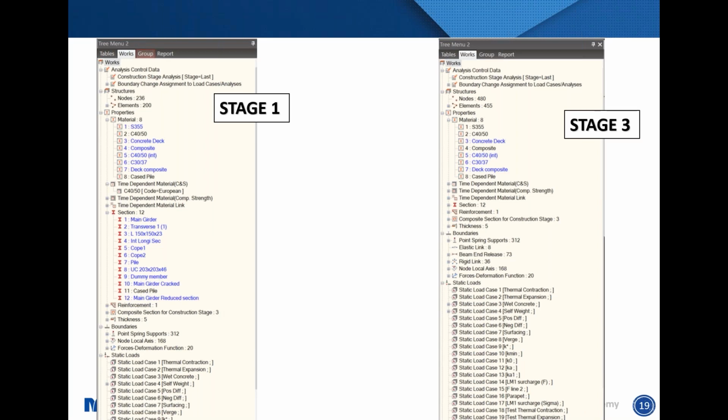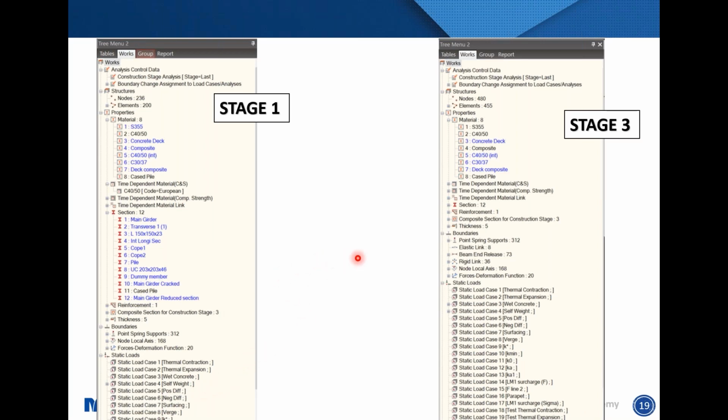In stage 1, all that's been activated is my pile, which you can verify through the material element that's being activated. I've got the case pile being activated, which is one material, and another material for the lower part of my pile cap, which has a different material strength. For the section, I've already activated the case pile. And again, for the boundary conditions, we only have springs that are defined for the piles. Similarly for the self weight, there's only one load that's been applied.